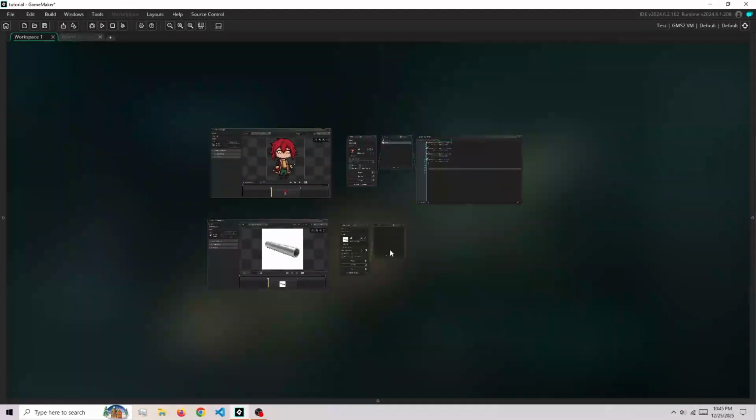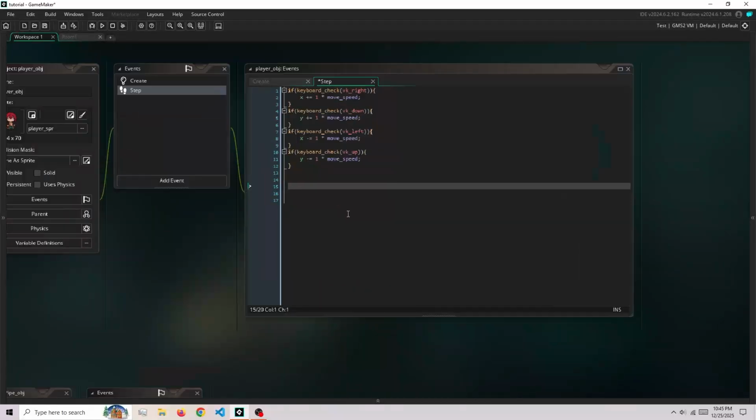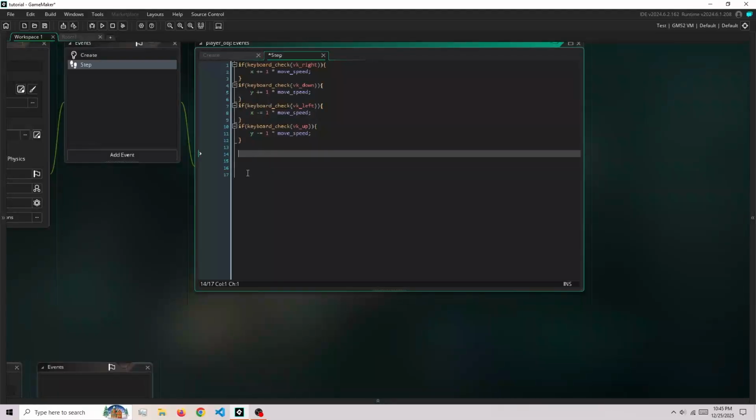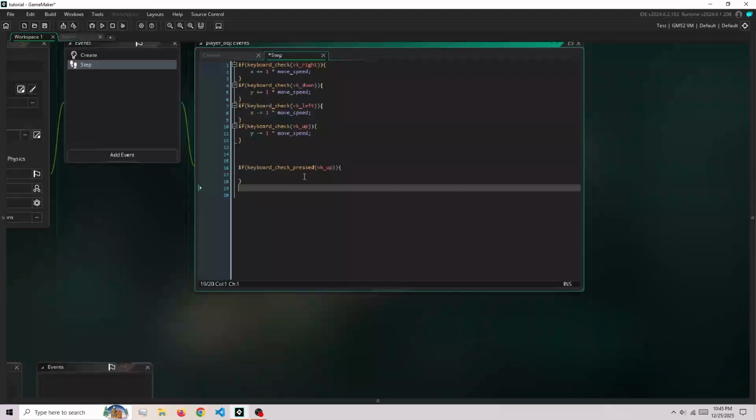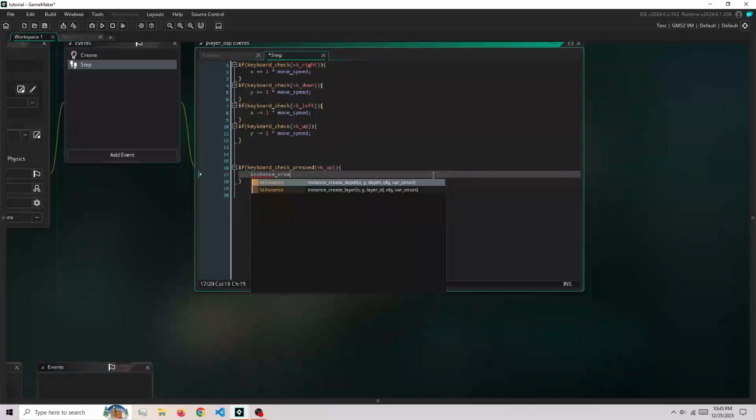To use instance create layer in GameMaker, you're going to want a trigger for instance create layer, and you're also going to want an object to spawn. In my code here, I've got my step event, and I'm going to put in a trigger, which will be when the up arrow is pressed. So when up arrow is pressed, I'm going to make it so that it creates a metal pipe object